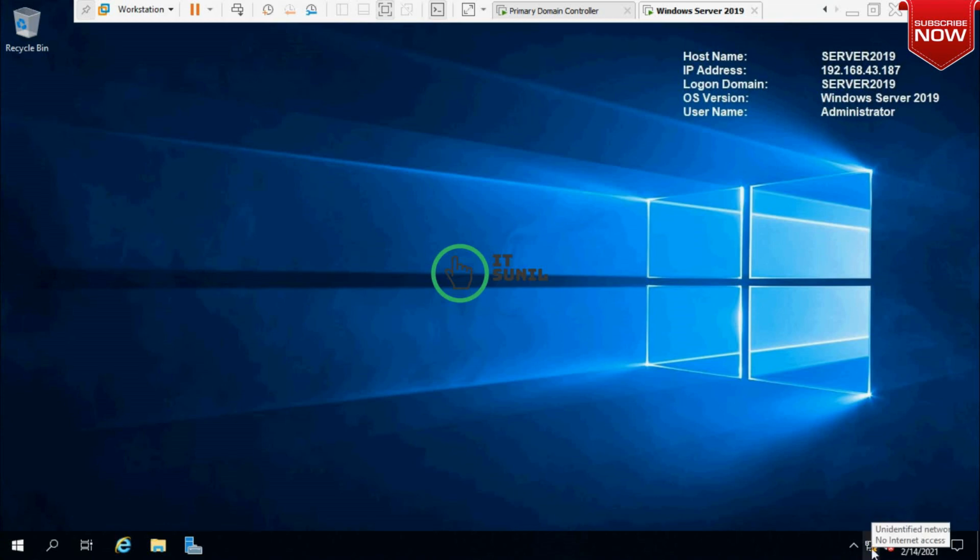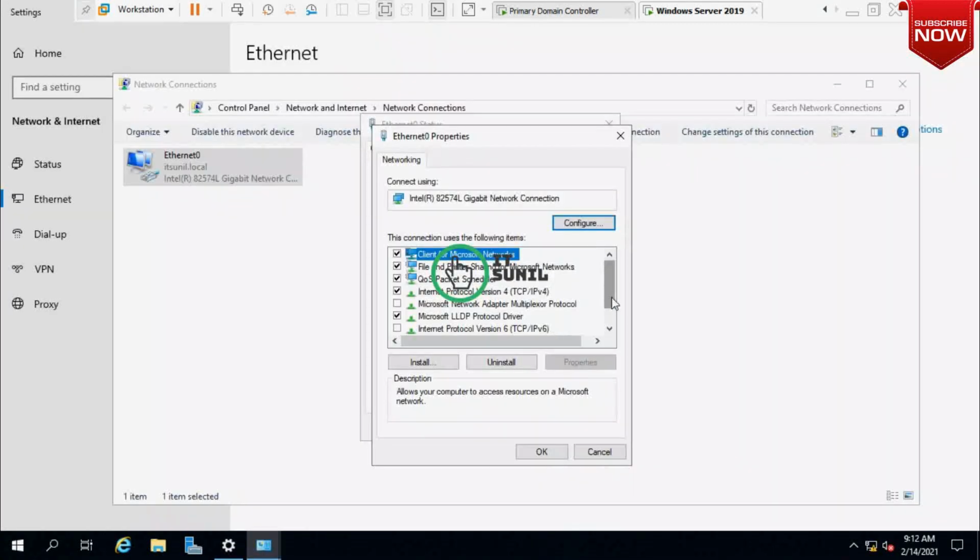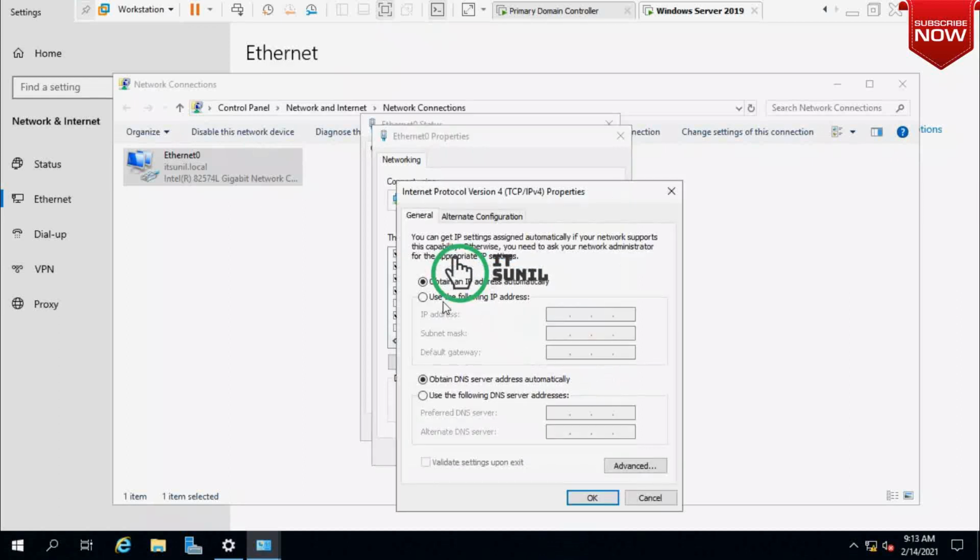Okay, open your Internet Protocol version 4 properties and type here 192.168.200.50. And the gateway and DNS is 192.168.200.10.